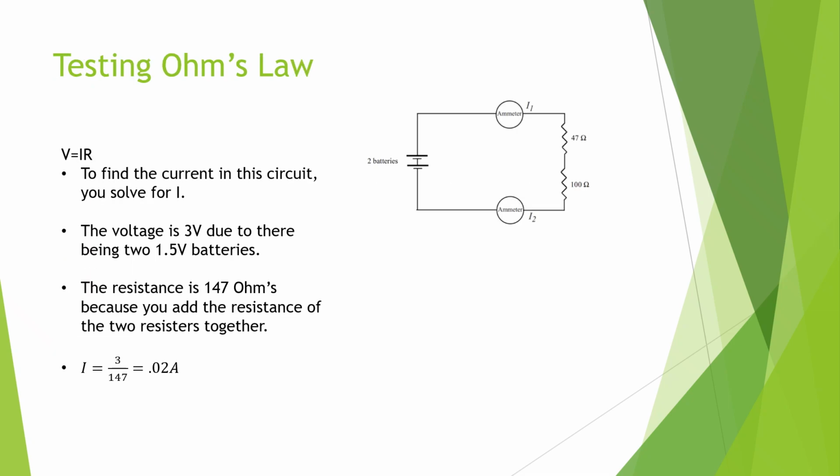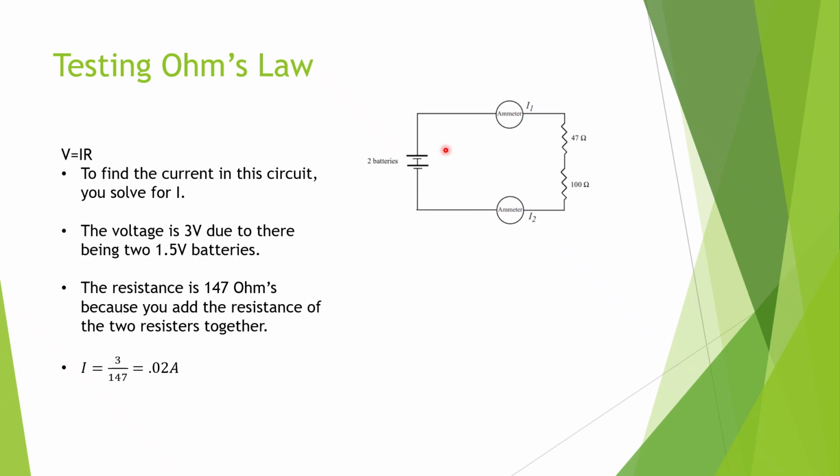With testing Ohm's law, the formula that I just showed was used. To find the current in the circuit, you solve for I. The voltage is 3 volts due to there being two 1.5 volt batteries. The resistance is 147 ohms because you add the resistance of the two resistors together, and that formula ends up being I, the current, equals 3, the voltage, over 147, the resistance, and that is 0.02